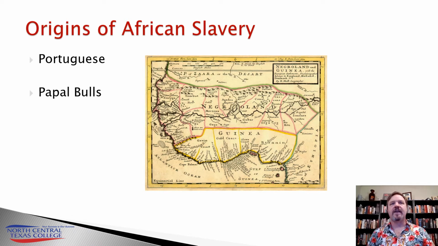So in other words, if they run across people here along the African coast who are not Christians and will not be converted to Christians, they can enslave them. So by papal bull, they have justification of enslavement. This will be reinforced by the Romanus Pontifex, and we give them claim to the lands as well.